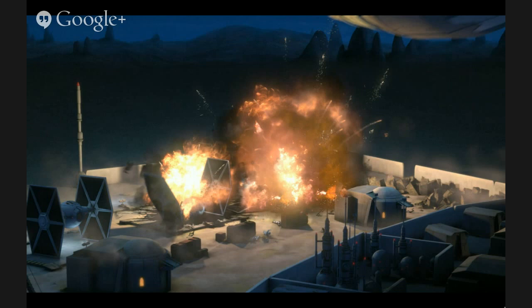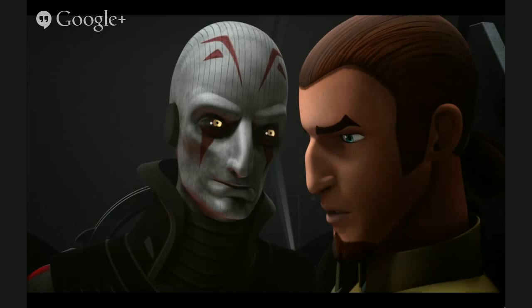And it was so weird. I thought we might actually be on Mustafar during this whole thing, but no, we were just stuck on the Star Destroyers, which is not a big problem at all. And our next screen cap here is basically Kanan getting interrogated